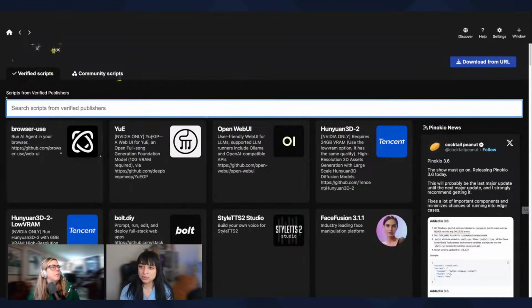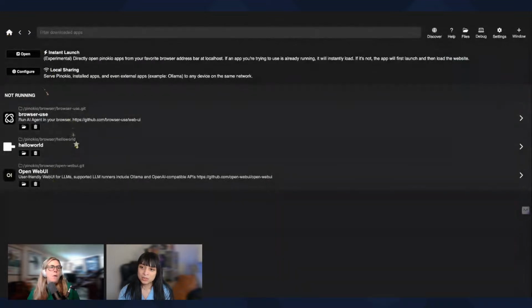Then you can set up your environment variables and stuff like that. You can configure it to be launched on the web, so you can expose it, or you can do it locally. I've just been playing around with some things. I did browser use earlier today, and it was very neat. I had an agent just do things for me.